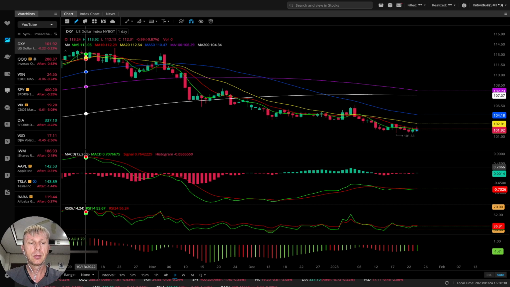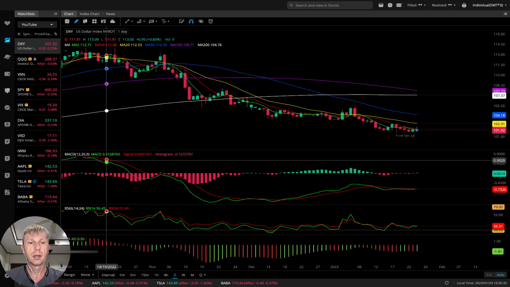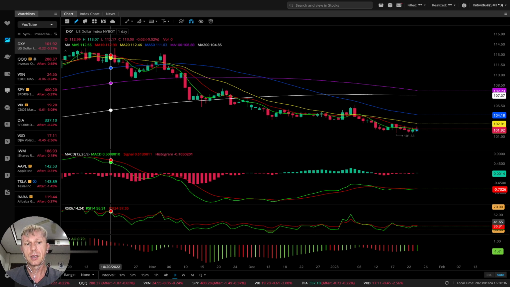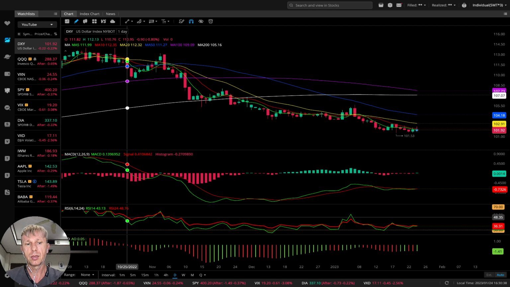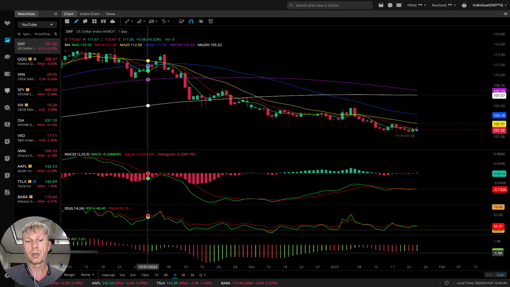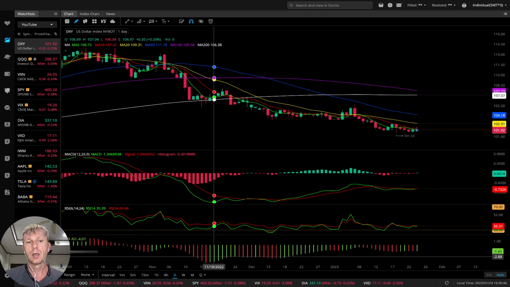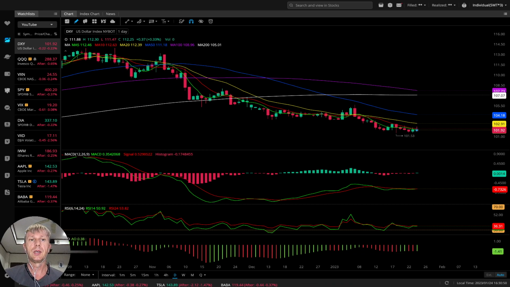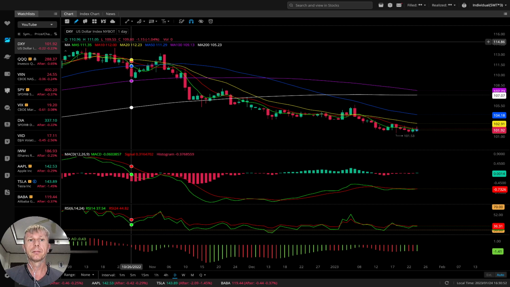Three indicators I'm using: the MACD indicator, with the red line as the signal line and the green line as the MACD line. RSI has the same setup, red line is the signal line and green line is the RSI line. Also the oscillator: green is bullish, red is bearish. That's all. Let's start from DXY, the USA dollar